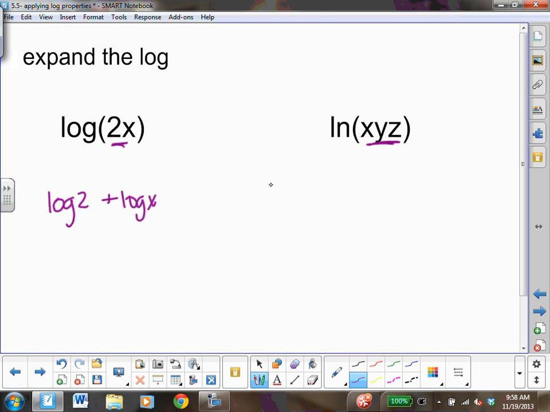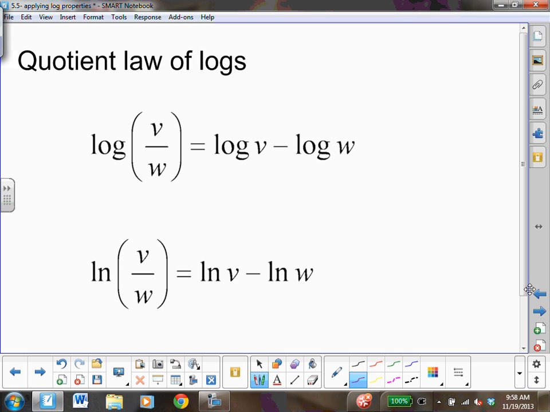You can even apply it to three terms, the ln of x plus the ln of y plus the ln of z. And that would be your logarithm expanded. The next logarithm is the quotient law of logs. And the quotient law of logs says